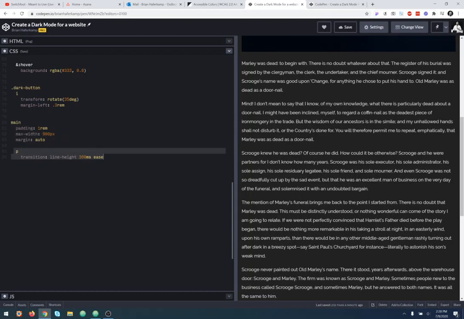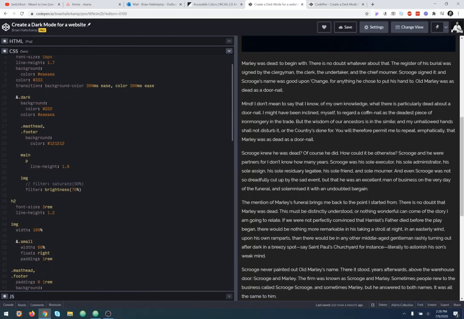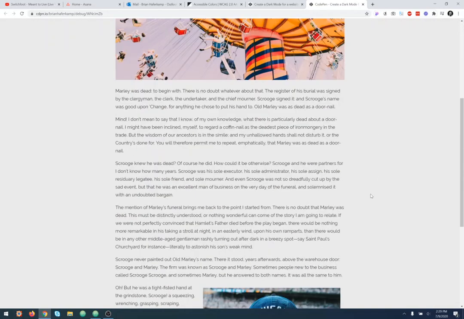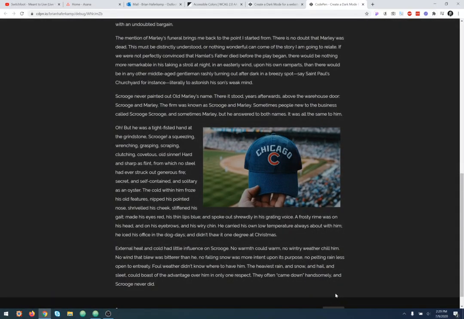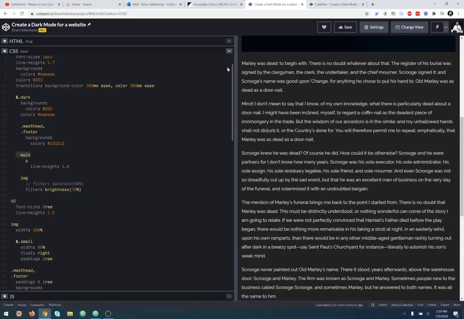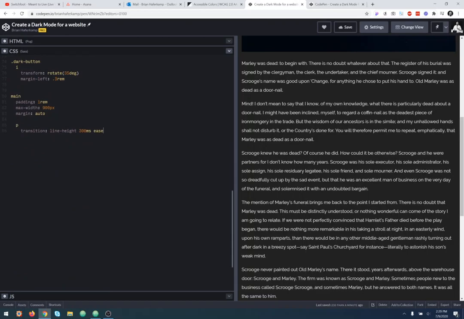So it's going from this default to this. So we just needed to add a little bit of transition to the parent, the P tag, which is the parent of the transition. So you get a little bit smoother transition. It's still a little bit janky, but I probably wouldn't transition the line height, but it's something that you can do. So to me, I would take that off, and then I would just transition the major parts,